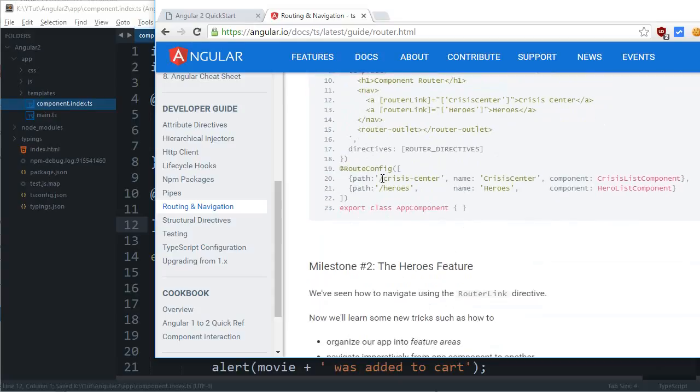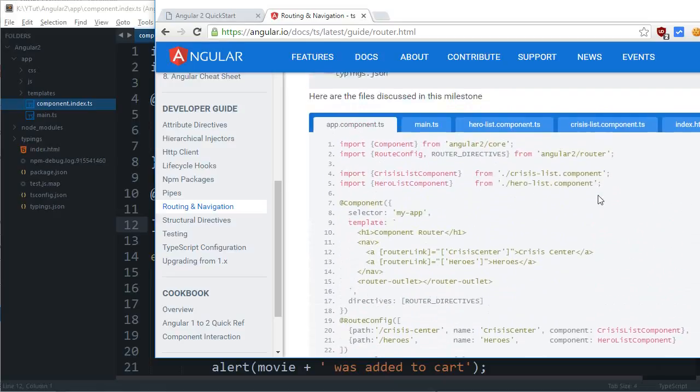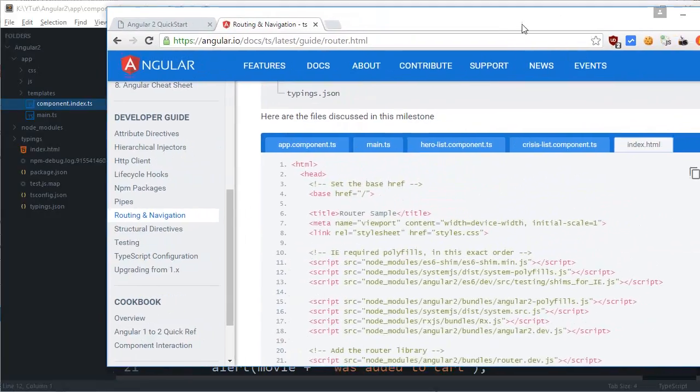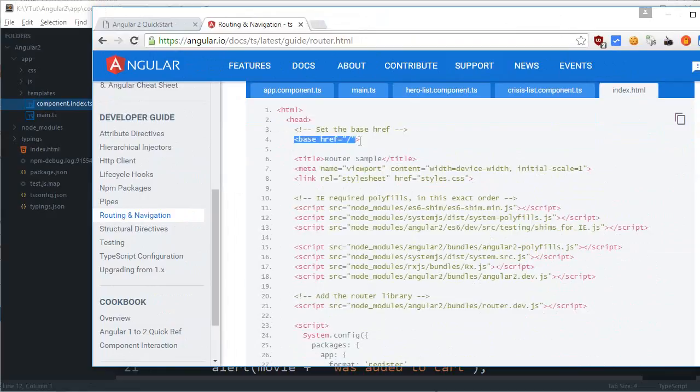And as you can see, this kind of looks like they are specifying a path, then a name, then a component. So this might look familiar from Angular 1 if you have done that. So for main we are done. These are the components, and for the index we need the base href, it's done,